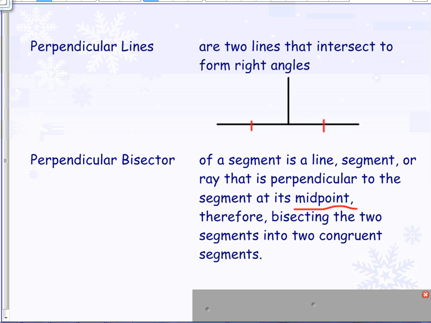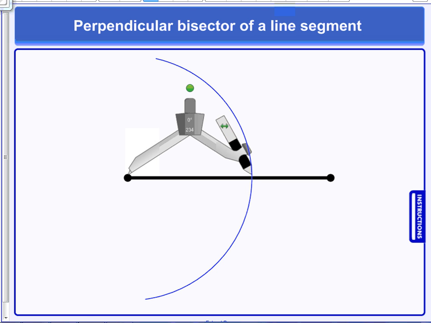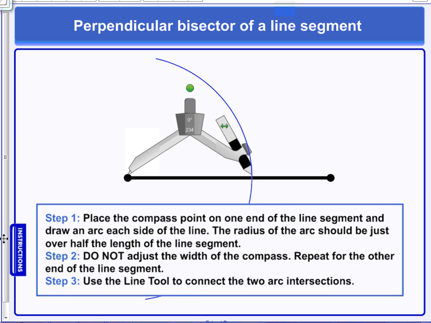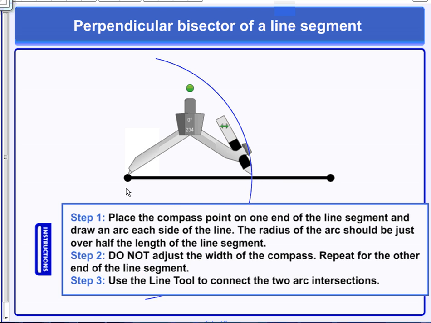Alright. So, in order to create a perpendicular bisector of a line, you're going to have your line here. And you are going to place the compass point on one end of the line segment and draw an arc on each side of the line. So, for example, here, the key is you want to stretch it out past the midpoint, what you would think the midpoint is. Draw a big arc,